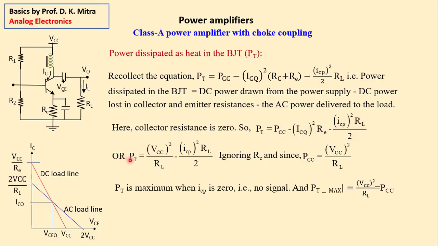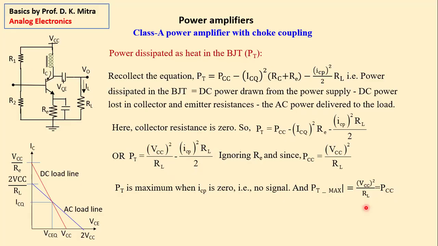Now what is PT maximum? That means when the transistor is hottest, maximum power lost in the transistor. It is when this is 0, that means when signal is 0. The same was the case in emitter follower and common emitter amplifier also. And when this is 0, the maximum power lost in the transistor is VCC square by RL, which is equal to PCC. That means this is a very, very